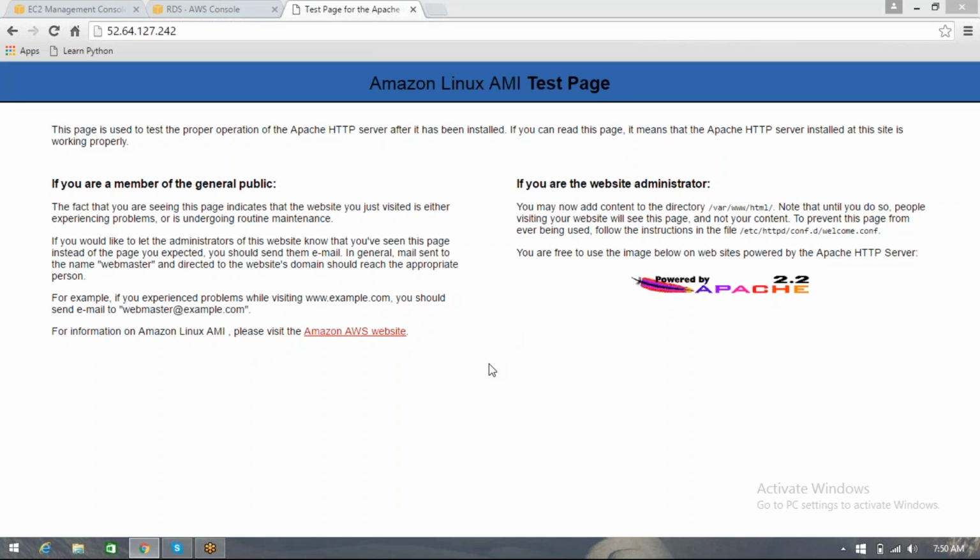Now we have also installed PHP into it, and the MySQL server. So for that, we either have to alter our code, or we have to launch an EC2 instance and write a PHP page. So to do that PHP page, what I'll do,